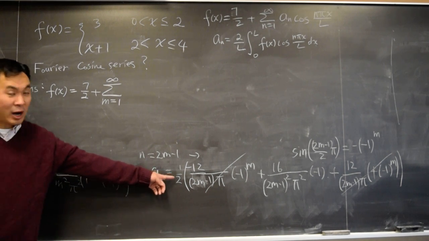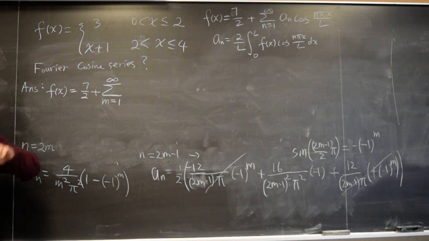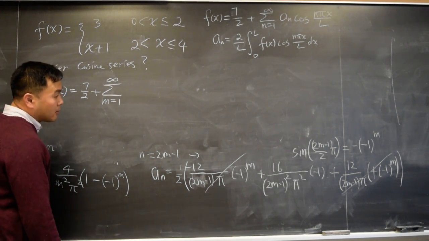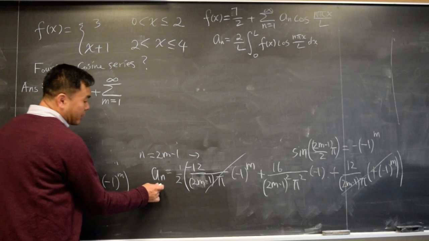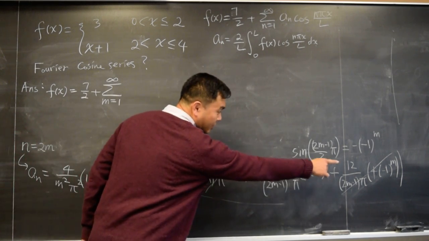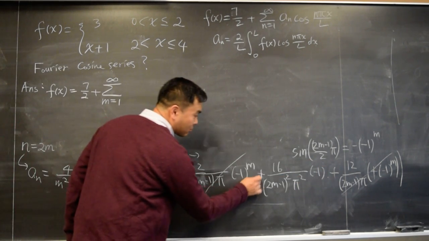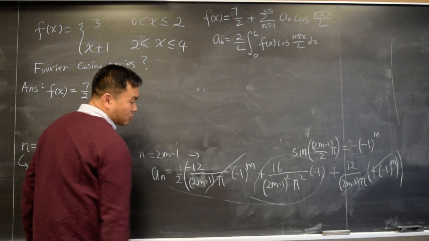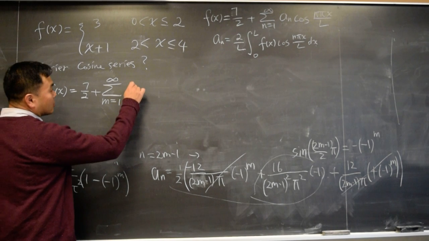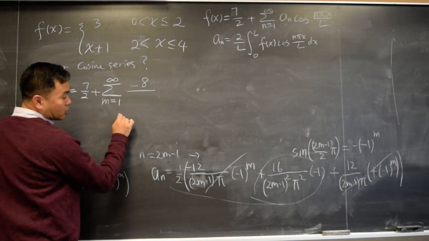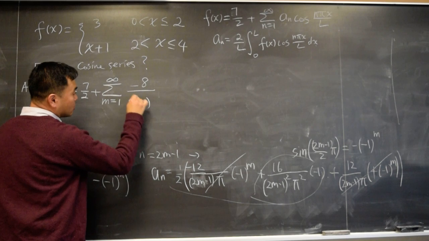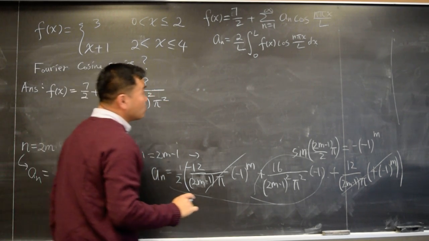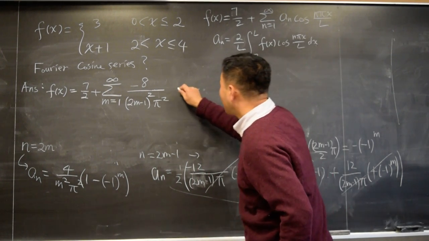Let's write down the odd one first, because when you do 1, 2, 3, 4, 5, 6, the odd number appears first, right? So instead of a_n, we're going to use this. Everything cancels, and this is the only thing that you have. And then 1/2 cancels that to make it 8 over. So you get negative 8 over 2m minus 1 squared pi squared, attached to cosine n pi x over L,